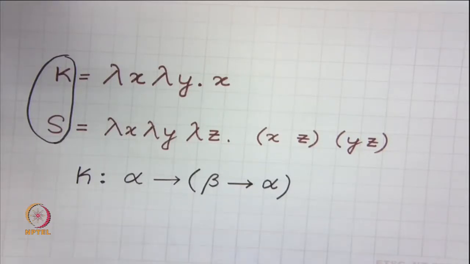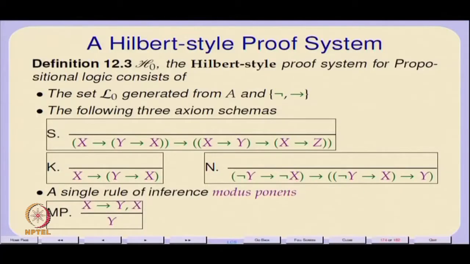So, every computable function can be expressed in terms of these combinators K and S. It is an amazing result, but the interesting thing is that the types are actually like propositions, and this K and S essentially can describe all positive